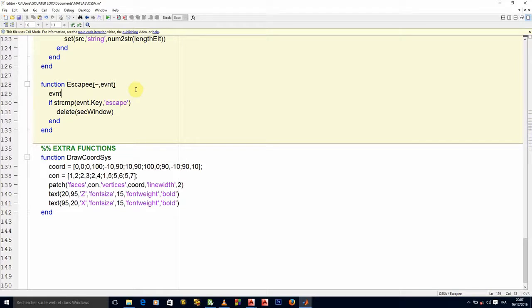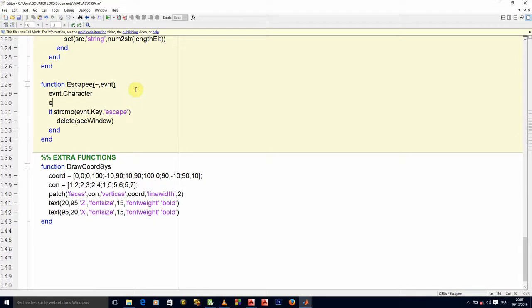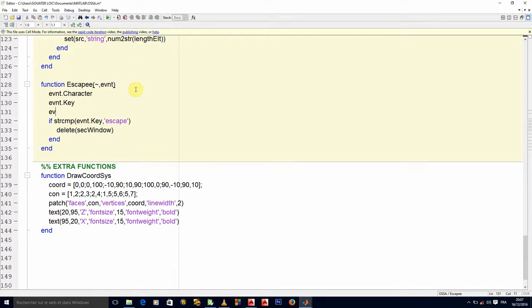We have event.character, we have event.key, and we have event.modifier. I'm not putting any semicolon here, so that whenever I press on a particular key, we should be able to see on the command window what are the results of pressing on that key.